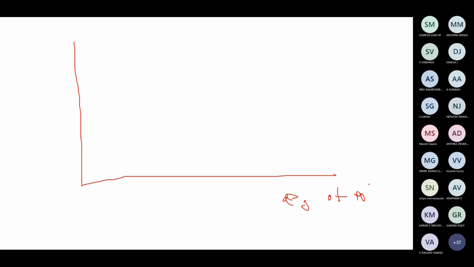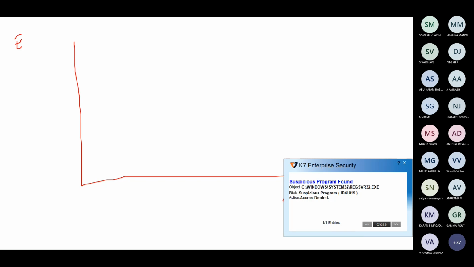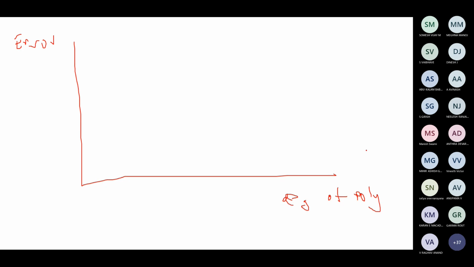Okay, now the generalized representation. Kindly, if they ask you about this diagram, a generalized representation, or if you are on LinkedIn or any social media and people talk about this, kindly remember this is how the diagram goes. Consider, students, I am drawing an x-axis and y-axis. Let the x-axis be the degree of polynomial, and the y-axis, for example, an error.